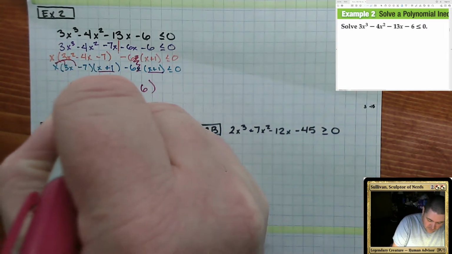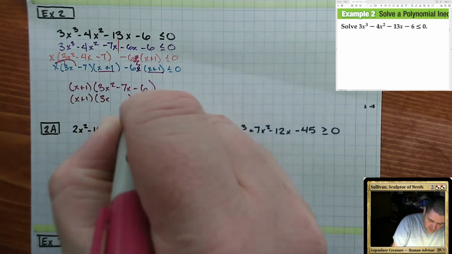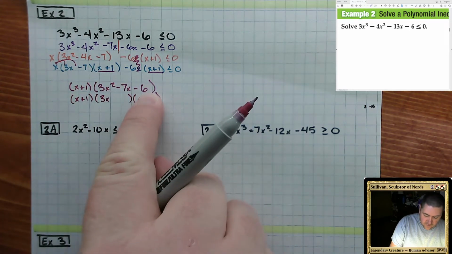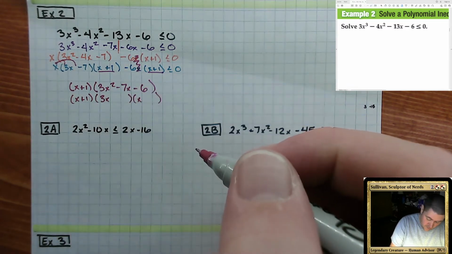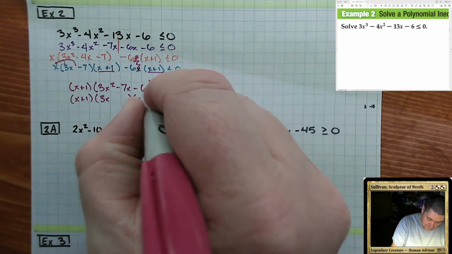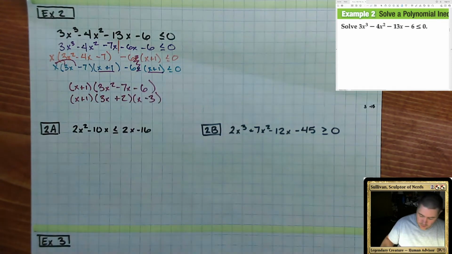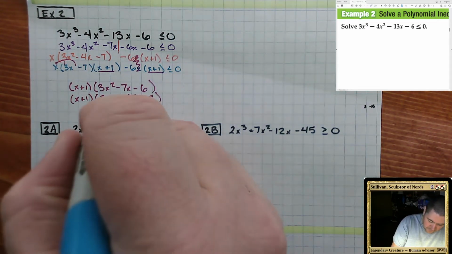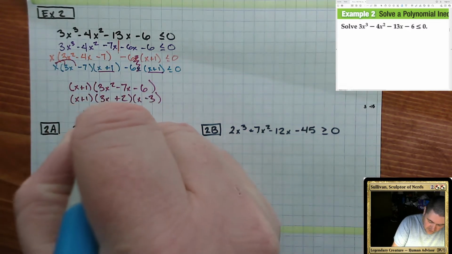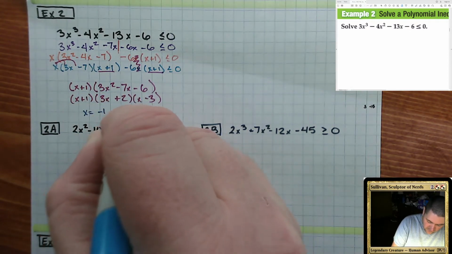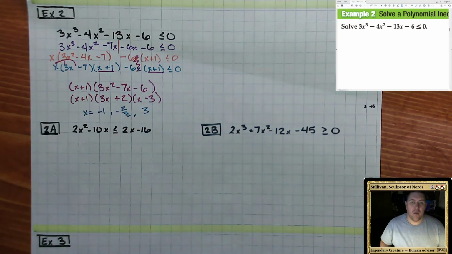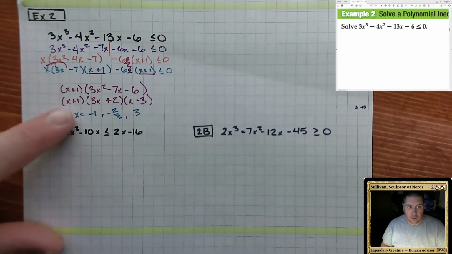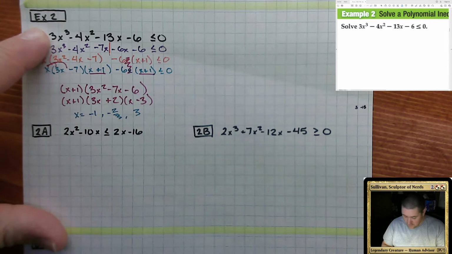X plus 1, 3x, x, factors of negative 6, that will get me a negative 7 in the middle, are going to be negative 3, positive 2. So I get x is negative 1, negative 2/3, positive 3. Again, that's one way. The other way would be to take your polynomial here,